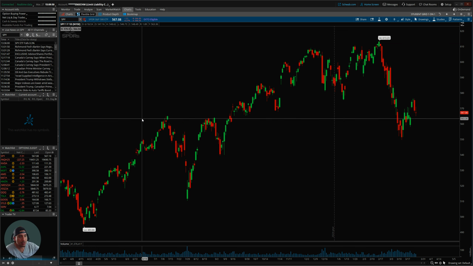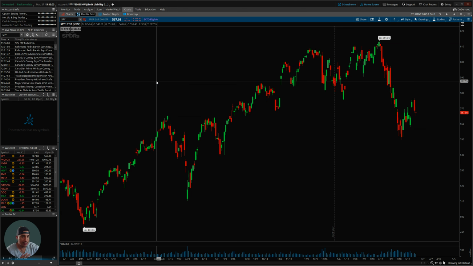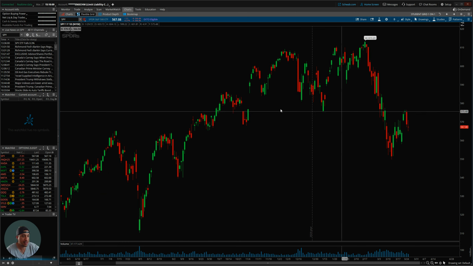Let's dive into it. So right now, what we're looking at is the S&P 500. What you see on the screen is green candlesticks and red candlesticks, and the time frame that I'm on right now is the 1 year time frame. So each candlestick represents 1 day. With that being said, the first thing that I do when I'm identifying support and resistance is I